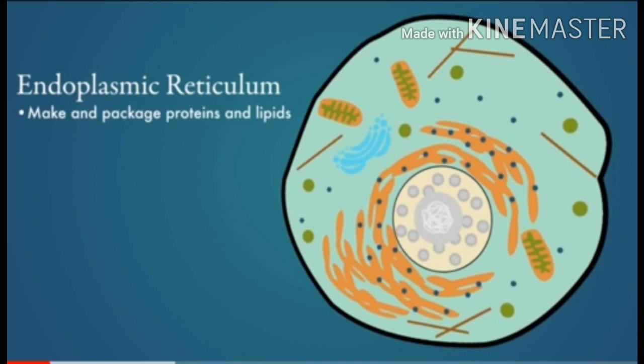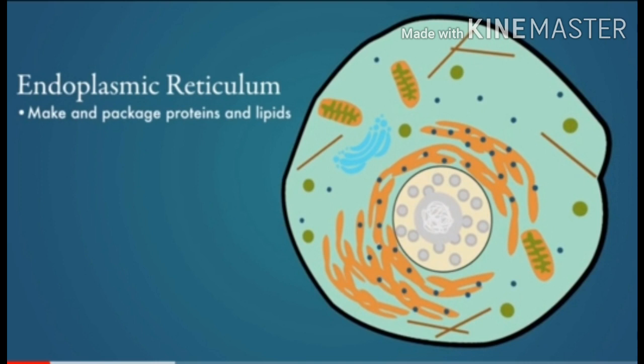So in case of the cell also, the endoplasmic reticulum works just like a network, just like a road. Due to the endoplasmic reticulum, all the organelles are connected with each other. It is a major part of the cell and behaves just like a network of the cell. The endoplasmic reticulum is a network of membranous tubes that connect the cell membrane with the nuclear membrane. Due to this, the cell membrane is connected with the nuclear membrane.